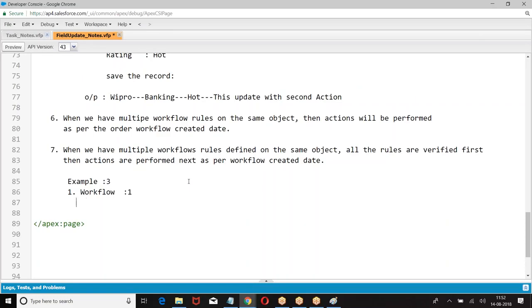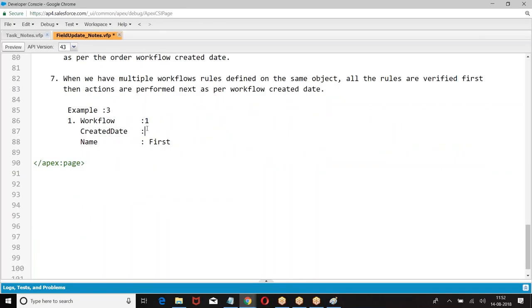Workflow 1, name of the workflow, created date August.